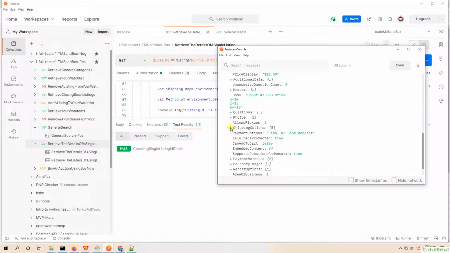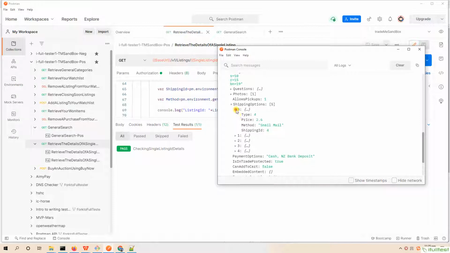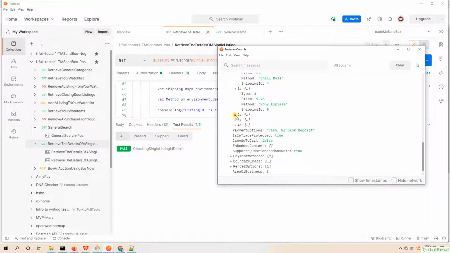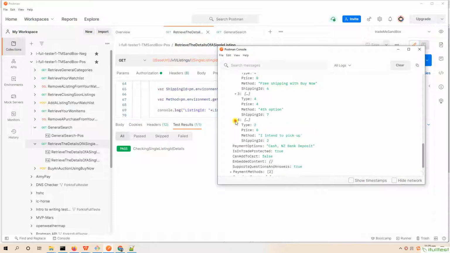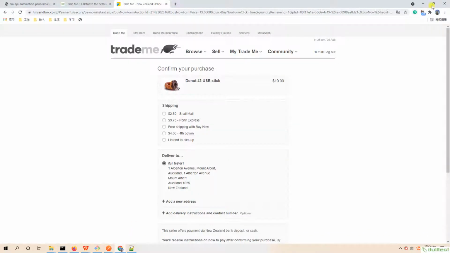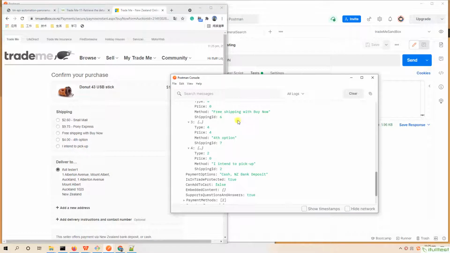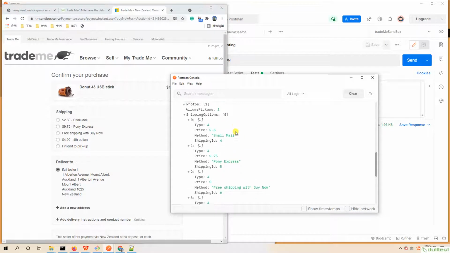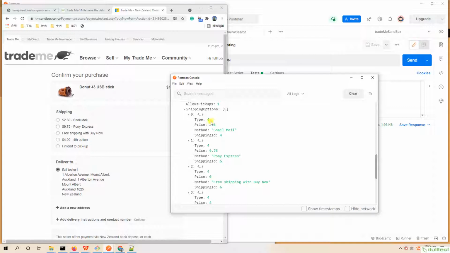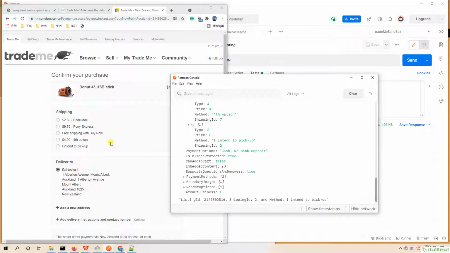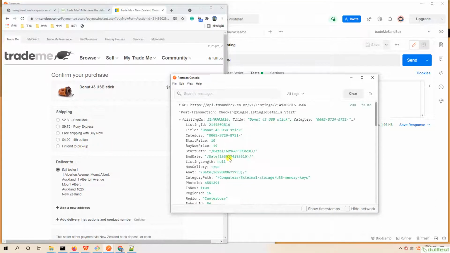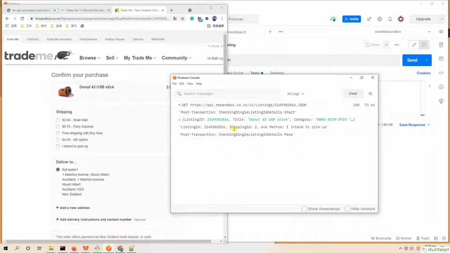Find the shipping options here. See, they are the same as our front-end UI side. And we prioritize the shipping ID 2, which is the method I intend to pick up.